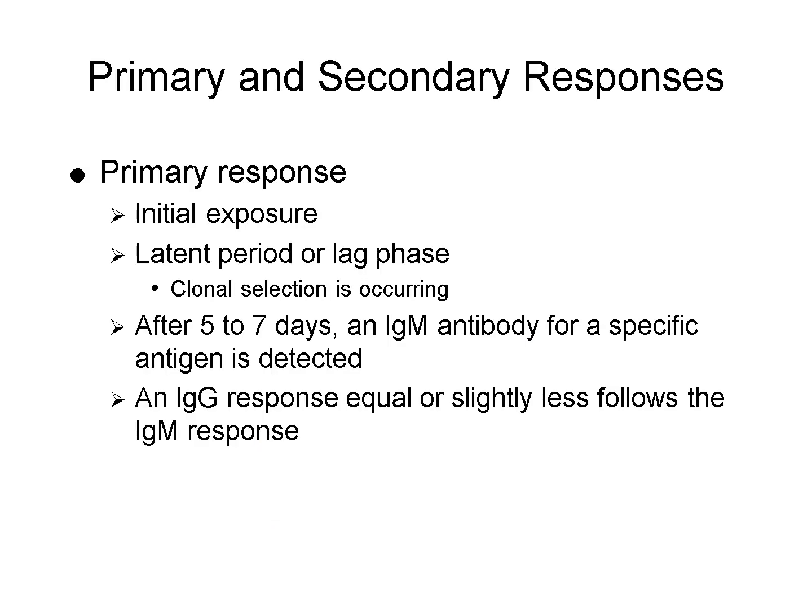The body's first exposure to an antigen triggers what's known as the primary immune response. During this phase, there is a short delay, called the latent or lag phase, while clonal selection takes place and immune cells become activated. Around 5 to 7 days after exposure, IgM is the first antibody to appear. A slightly delayed IgG response follows. This first response may be slow, but it leads to the creation of memory cells that prepare the immune system